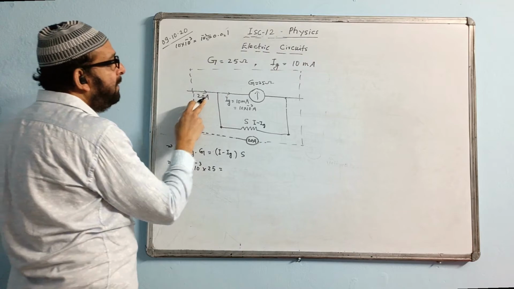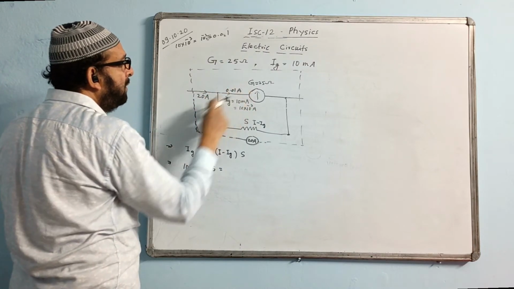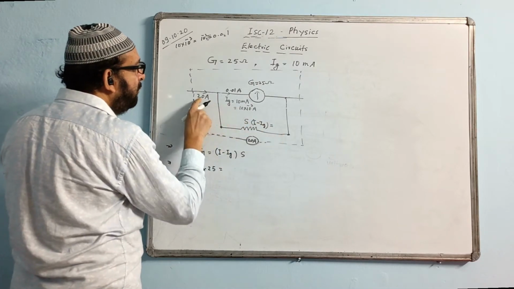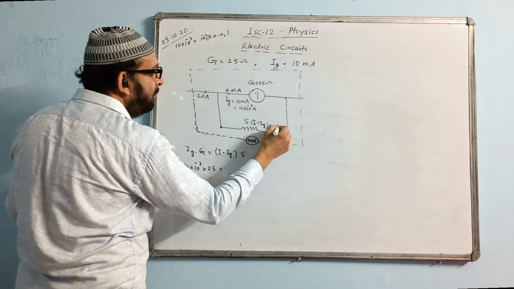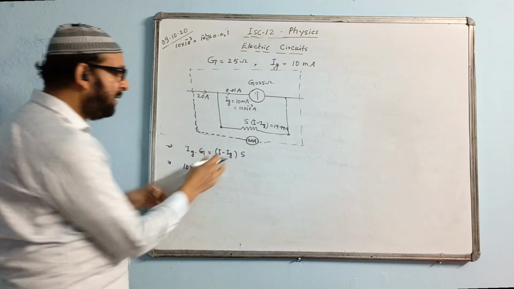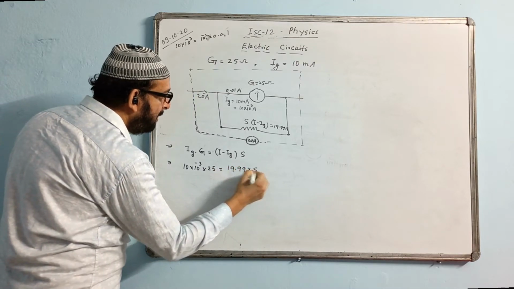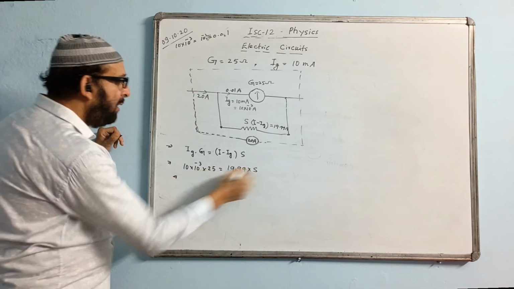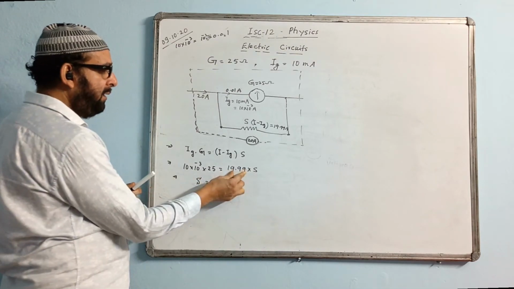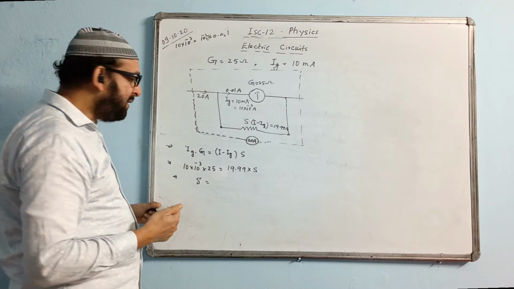Out of 20 ampere, 0.01 ampere current flows through the galvanometer. How much current is left over here? I minus Ig will become 20 minus 0.01, that will become 19.99. You can use a calculator for this and put the value in the calculator. The value of S is 19.99 into S. Now I will calculate the answer. This is approximately 20. You can take this as 20, or you can use a calculator and find the exact answer.